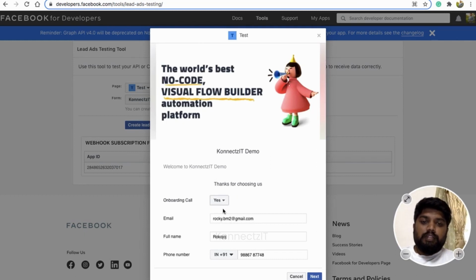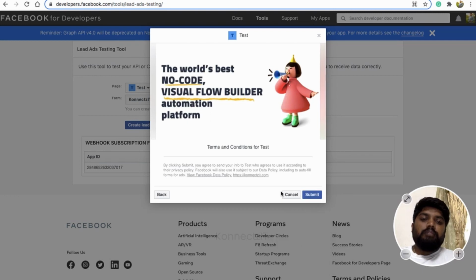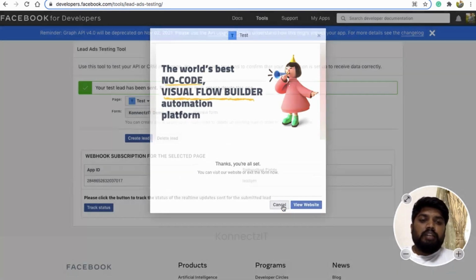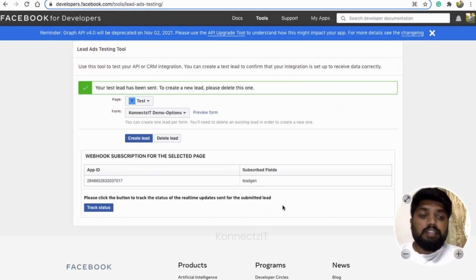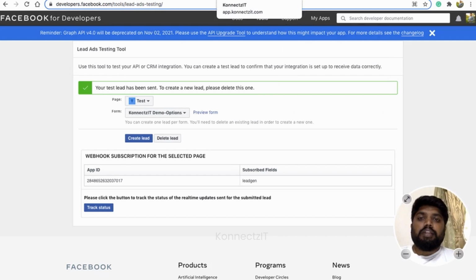Just say yes, and I'll be using the name John Doe and the email ID rakeshmerish@gmail.com, and click on yes. Make sure that if you're using an email ID which is already present inside GetResponse, you may get an error, and it will not get added.